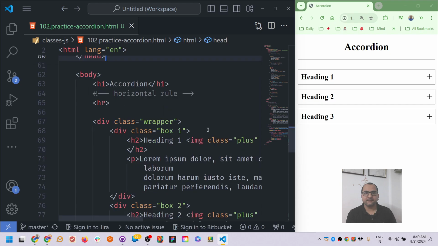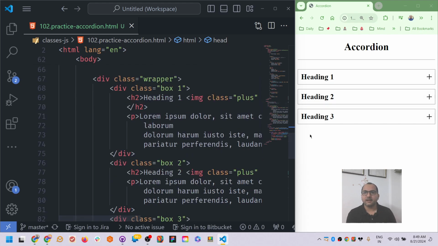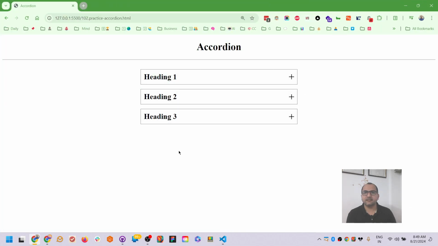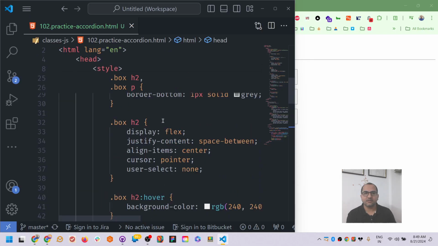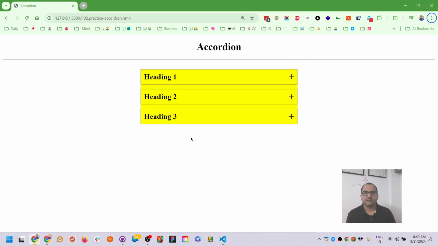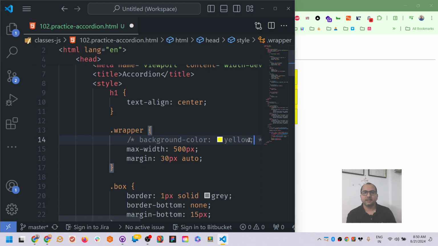So this is done for the heading. Then we have the wrapper. Why wrapper? Because when we go in full screen, there is an invisible box around these headings, around this wrapper, and we can bring them left and right easily. Without a wrapper it's very difficult. I can enable the background color also for the wrapper. Now you see this yellow color is the wrapper. If you don't put a wrapper, then it will be difficult to bring every item to the center. You have to target each item individually. But this time we target the wrapper directly, we give some width and bring it to the center using margin 0 auto. Let me uncomment